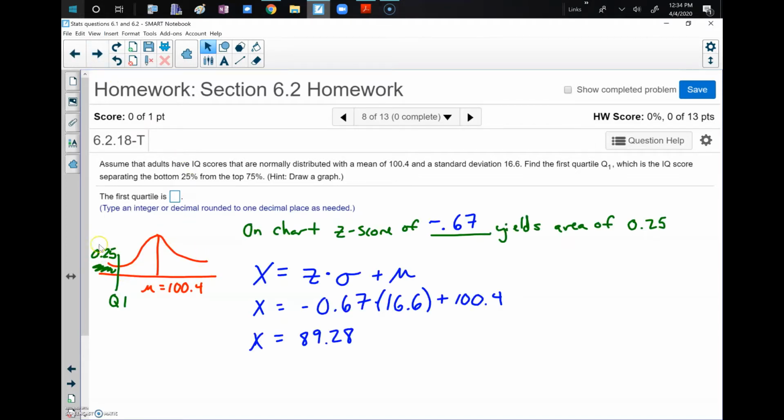The first thing that I did is I drew a diagram for myself. That's always a good idea when we're working these style of problems, since we're connecting the area under our graph with the position of either a z-score or a data value. So here I have my normal distribution. I know the highest point right in the center is our mean, which is 100.4. And quartile 1 is referring to 25% or 0.25 of my data being underneath the curve